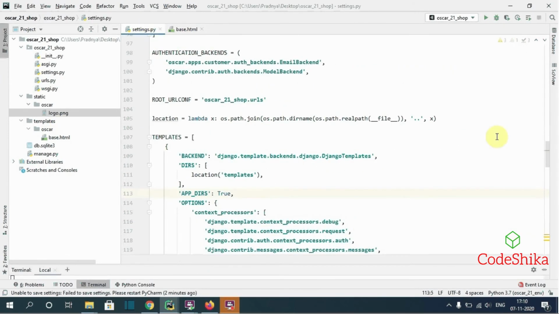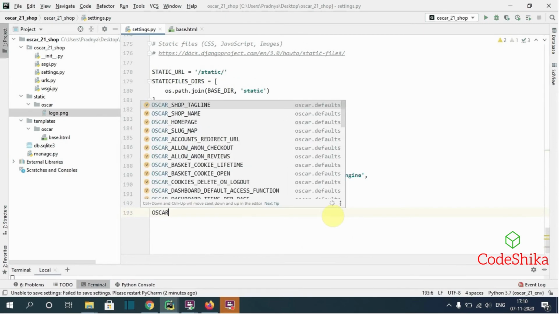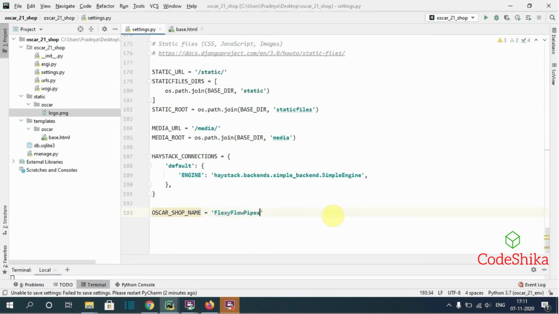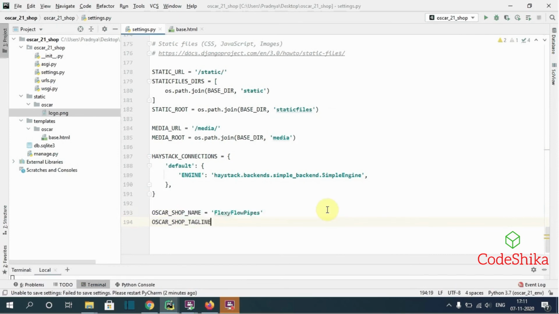Now in the settings file I will type here OSCAR_SHOP_NAME equals, I will give FlexiFlow, and OSCAR_SHOP_TAGLINE I will give here: flexibility at any shape.